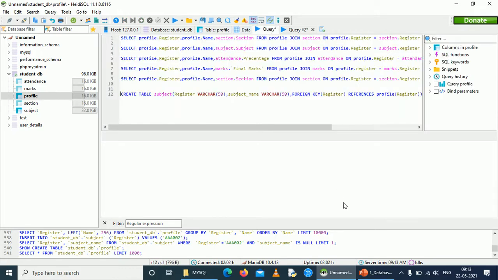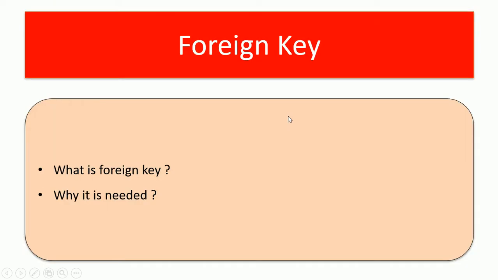So this is the actual usage of foreign key, and also this is the place where MySQL database occupies in the client server architecture in a real-time project and a real-time system.